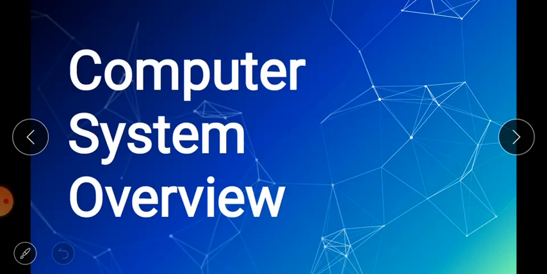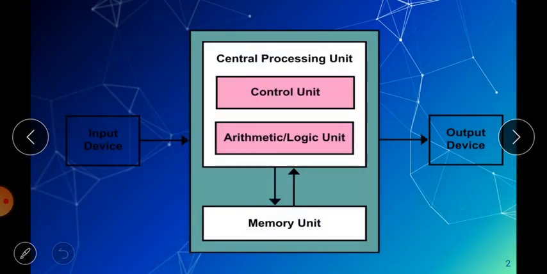The chapter which we are going to study is computer system organization, or you can say computer system overview. In this chapter you will learn how the internal parts of the computer system are connected together in order to perform the work given by the user. So now, moving with the topic, the first thing that you can see is a diagram drawn.